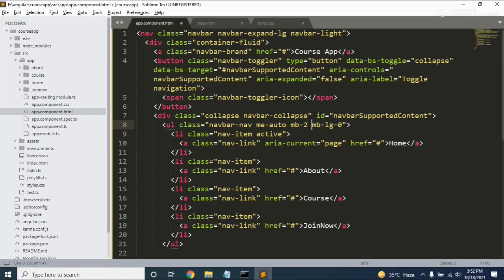Okay, mb-lg-2 and this one, and we need to remove this kind of stuff, and so what we need to do is ms-auto.